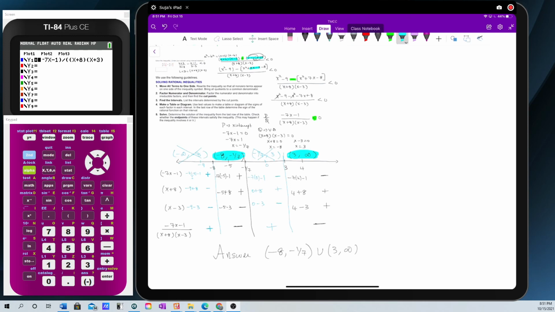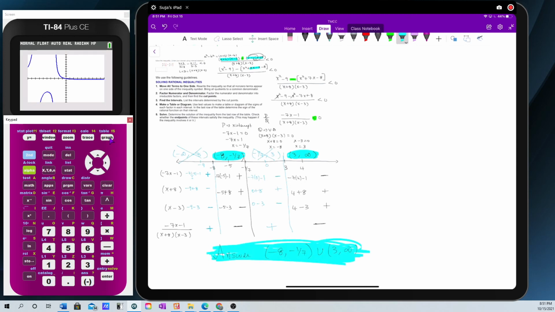We can cross-check this by using our graphing calculator. I have it inputted here. Now I'm going to draw the graph, and this is what I'm seeing. So if I sketch, it's in the viewing window of negative 10, 10, negative